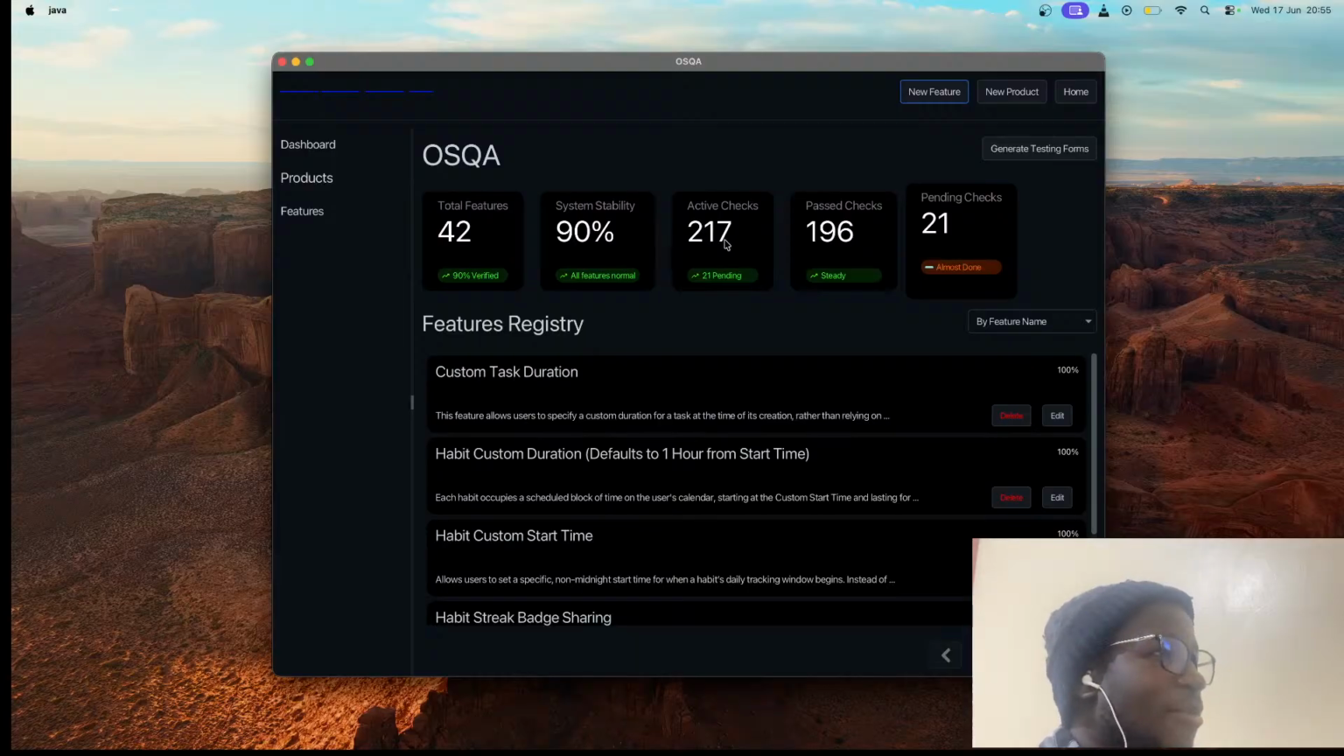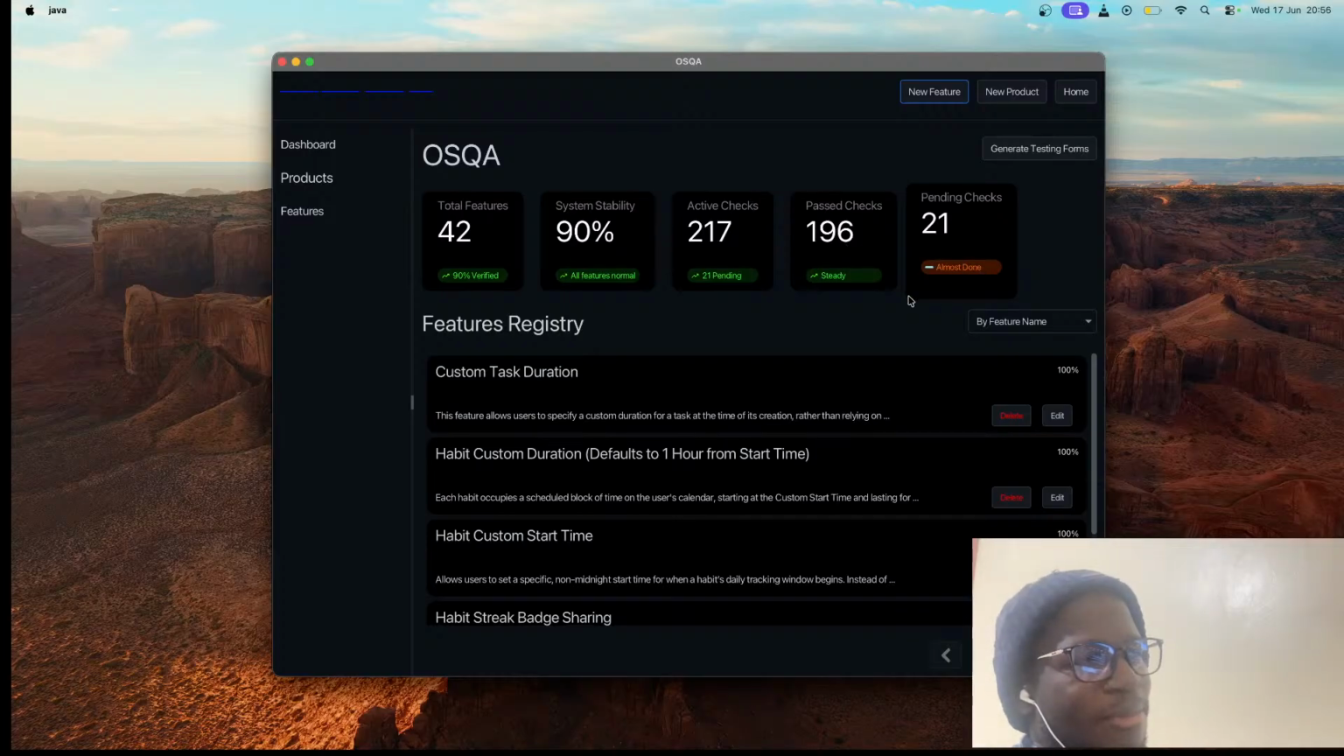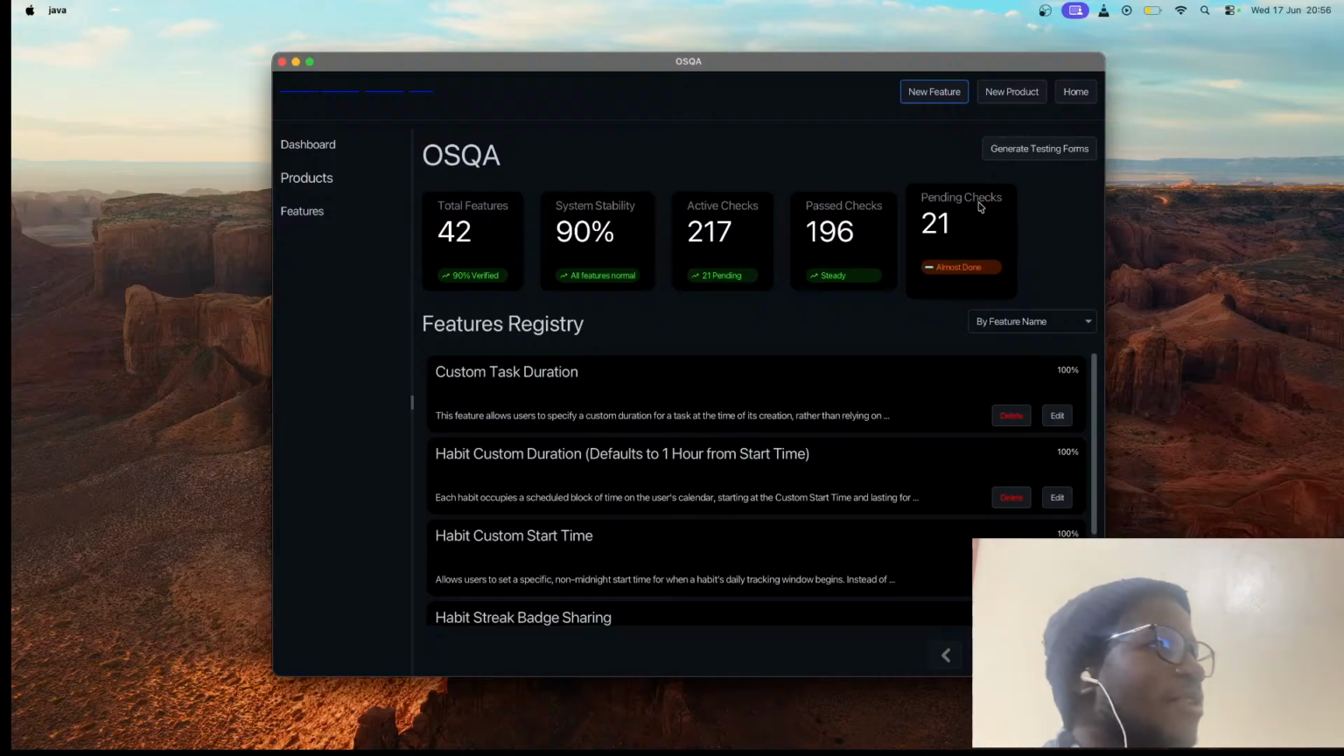Active checks is the number of verifications you have registered. Past checks is the number of verifications that have actually gone through quality assurance and passed quality assurance. Pending checks are the number of verifications that are still pending QA, or they've gone through QA and they've failed verification. Yeah, so I just wanted something nice to have at the top of this product dashboard, but it also